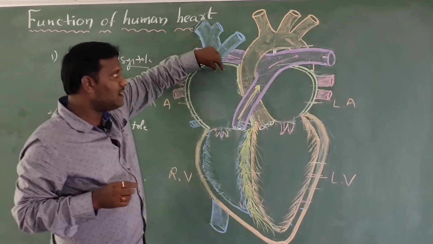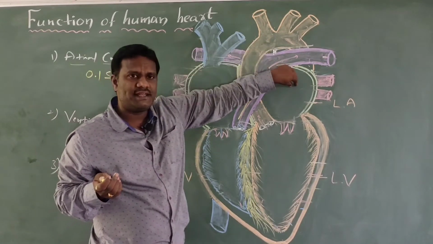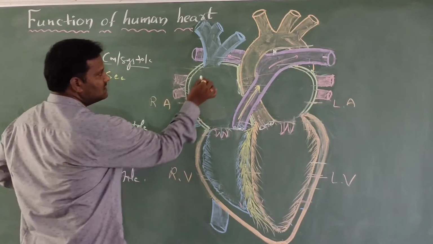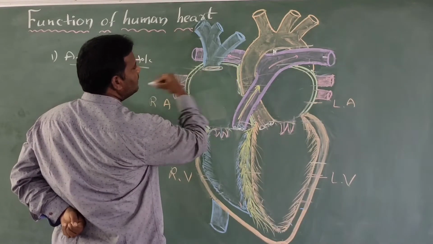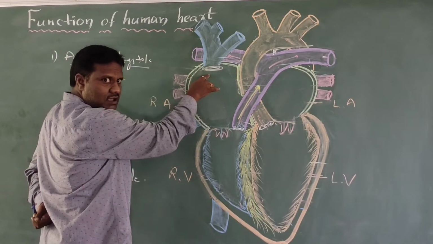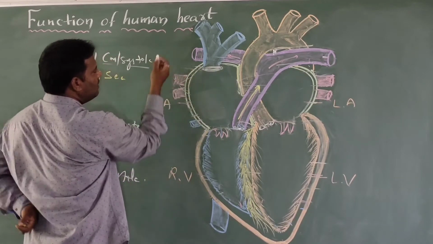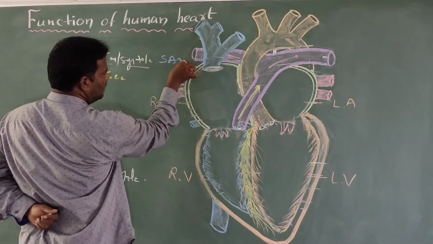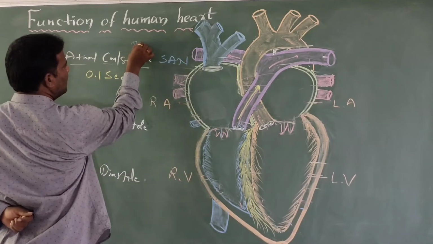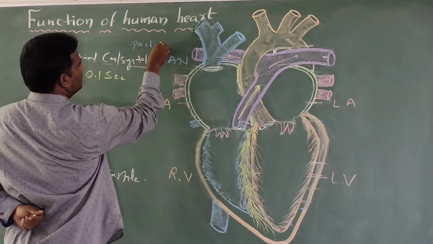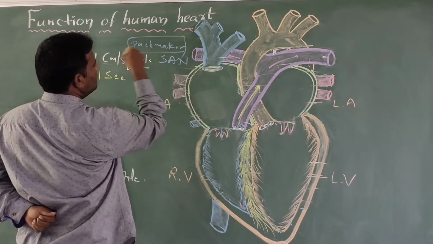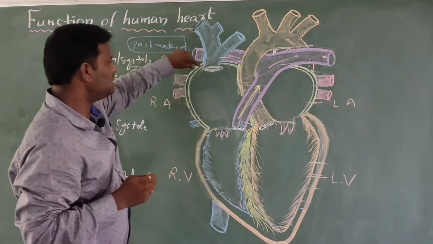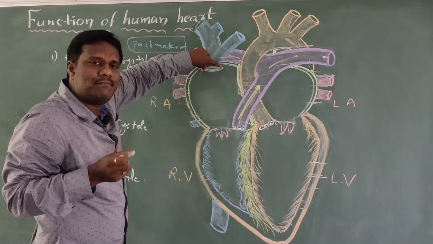Whenever we see the right atrium and the left atrium, within the right atrium one site is present, Nana. This site is located in the area of the superior vena cava. In this superior vena cava one site is present, called the sinoatrial node, also called the pacemaker. This site is where our heart's working begins. In this area the action potential occurs.